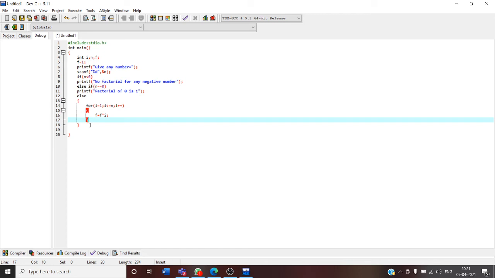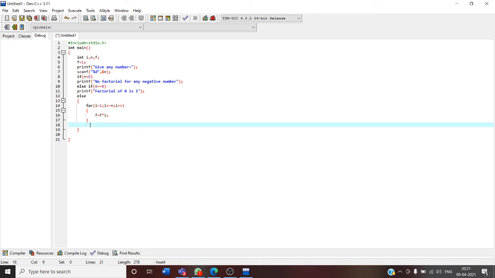Okay, so here we write printf factorial equals to percent d. That means the format specifier, factorial equals to percent d, and f.